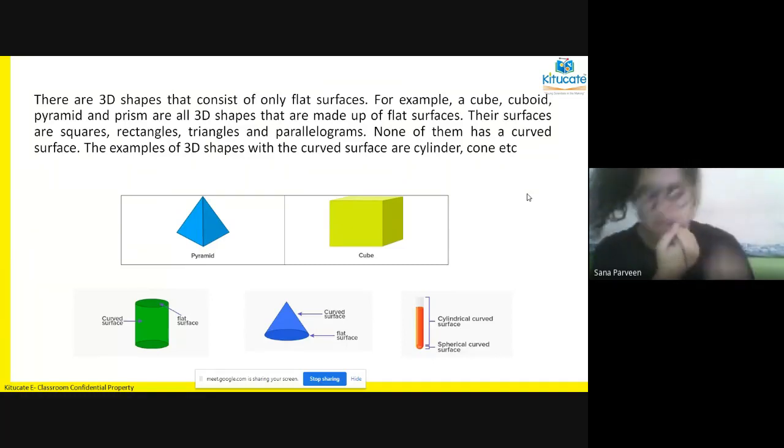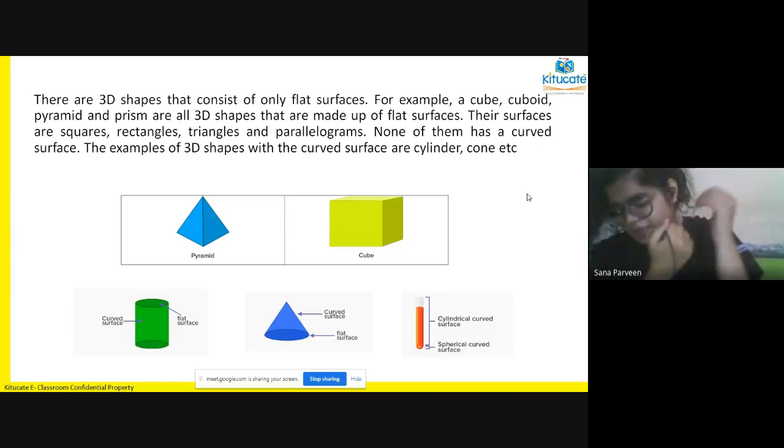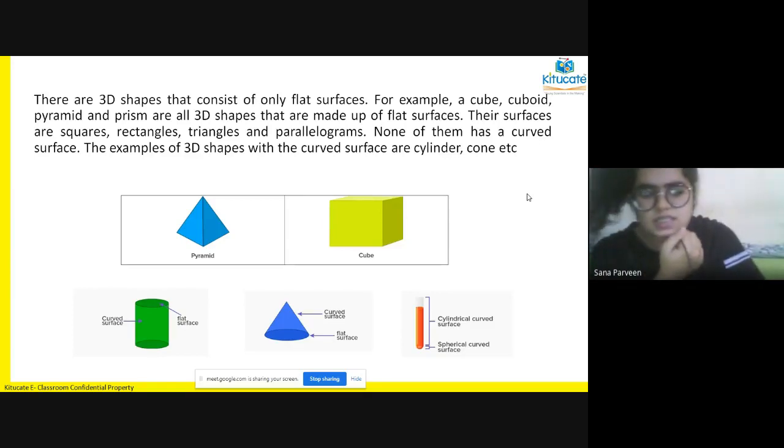Okay, so when we talk about 3D structure with plane surface, it is going to be cube, which is shown in the diagram in yellow color. Why is it grouped into 3D having a plane surface? It is because the cube, if you touch it, you can feel that there's a plane surface. Pyramid, again a plane surface. But 3D structure with curved surface is going to be cylinder. When you touch the surface, which is labeled here in green, the cylinder, the boundary of it is called the curved surface. Again, the cone is having a curved surface.